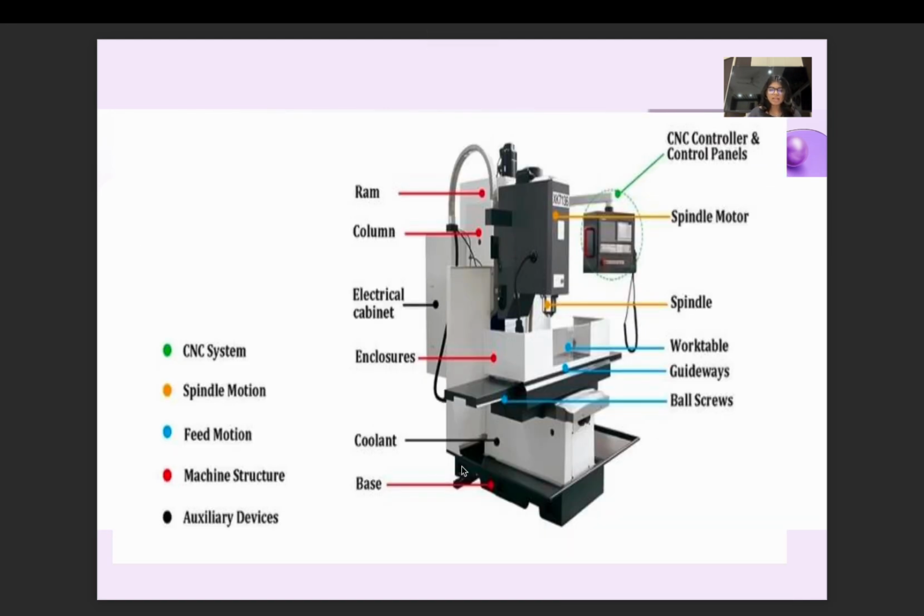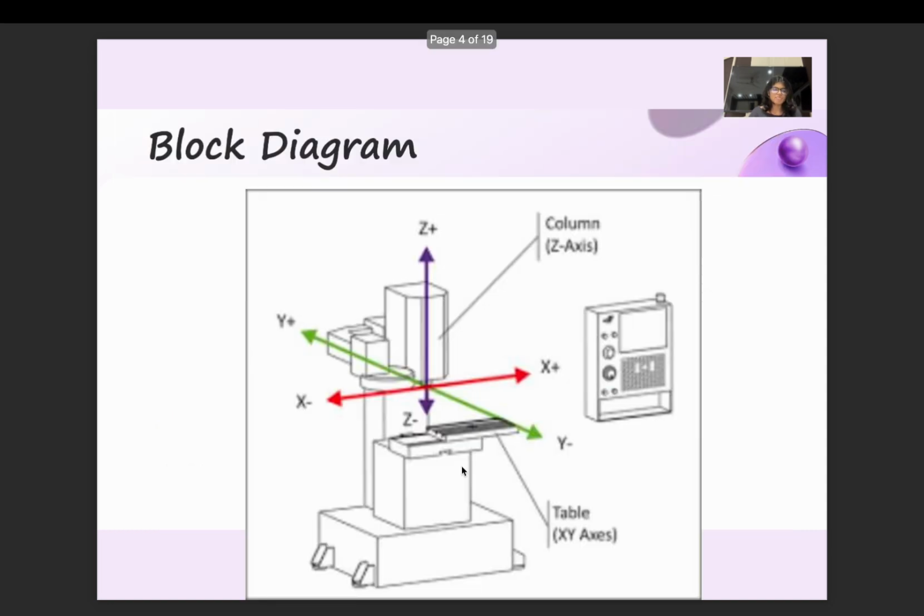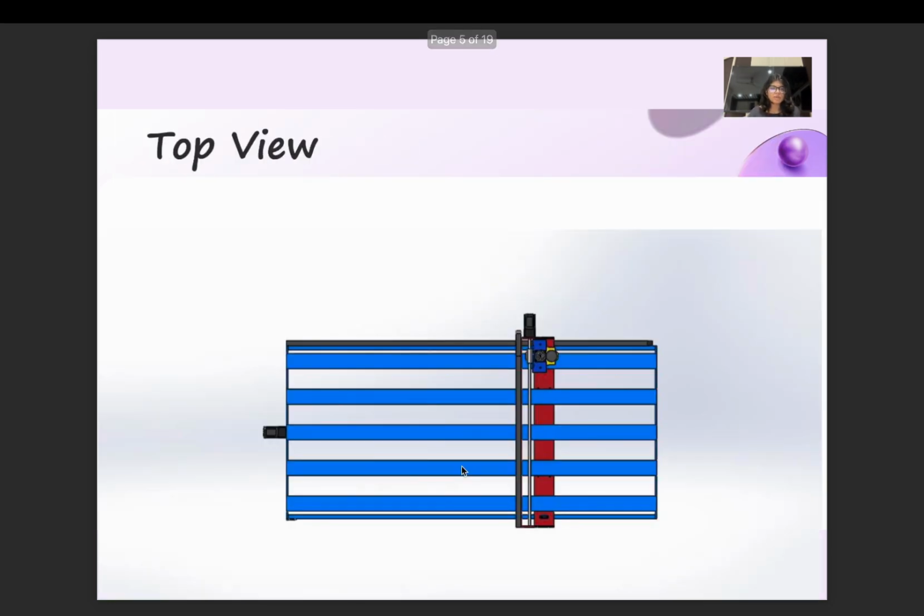Block diagram. This block diagram helps us to understand the flow of the data and power in the CNC system. It shows components like controller, drivers, power supply, stepper motors, and spindle motor. The diagram is like a map that explains how the machine parts are interconnected and how commands from the computer are converted into physical motion by the motors. Top view. The top view of the machine shows how various parts are arranged on a horizontal plane. From this view, we can observe the positioning of the X and Y axis, the bed layout, and the motor placements. This helps designers and users visualize spatial relationships and plan their tool plan accordingly.